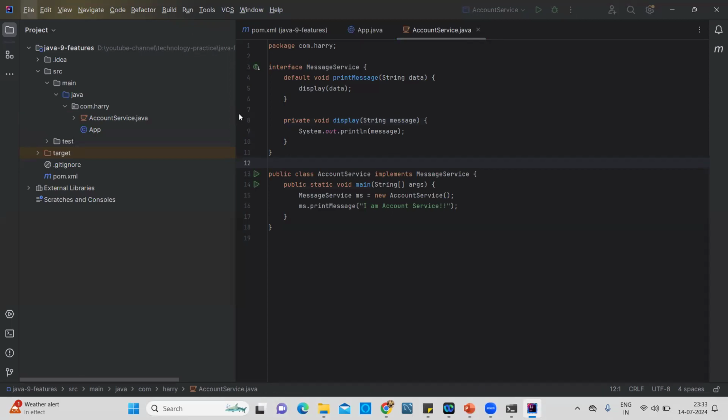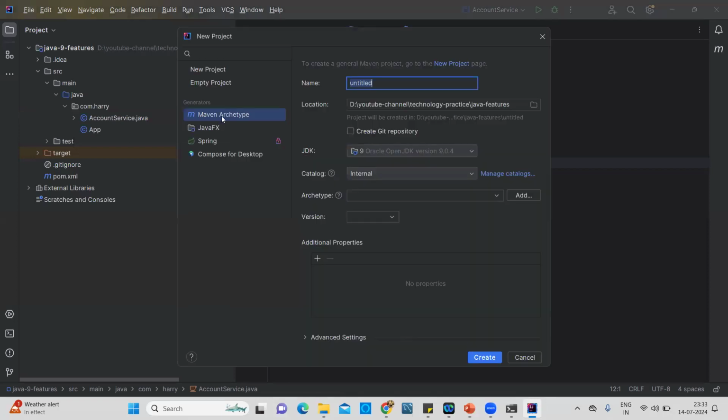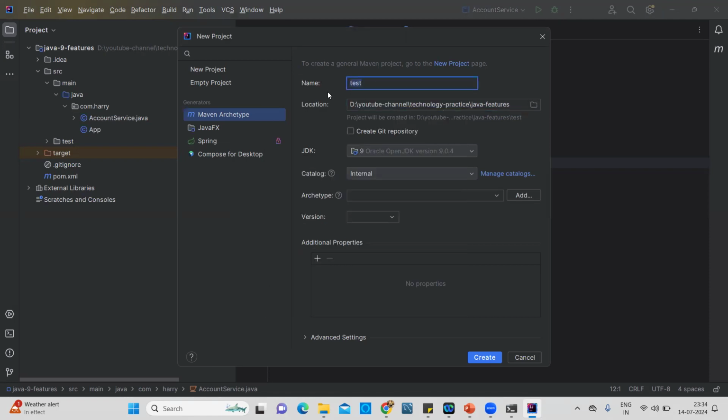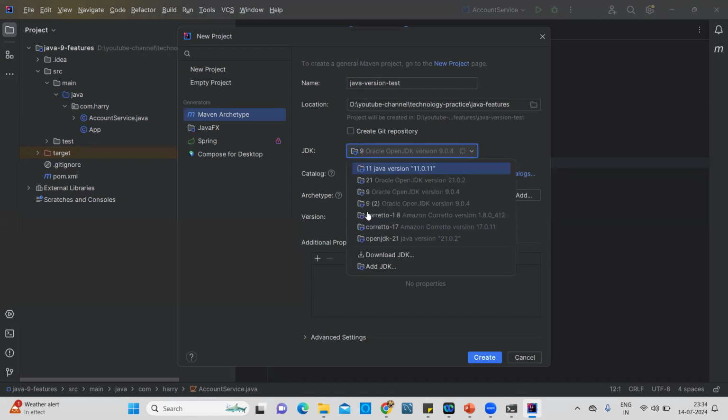Okay, in the new project, it's a Maven archetype I am selecting, with an example name, any name, test, any name. And here the location we can select. Let's say I'm going to select a location, example, Java version test, something, anything. So here by default it is selecting, I mean, on my machine it is selecting Java